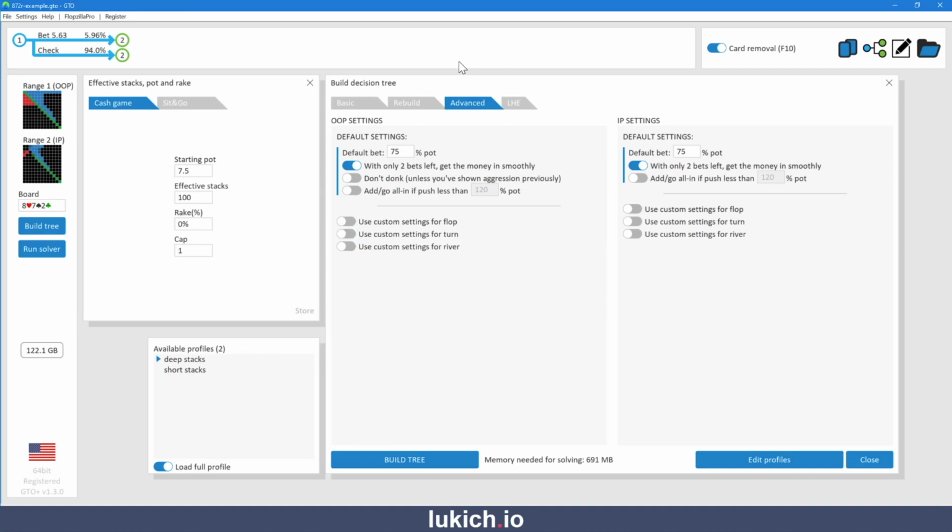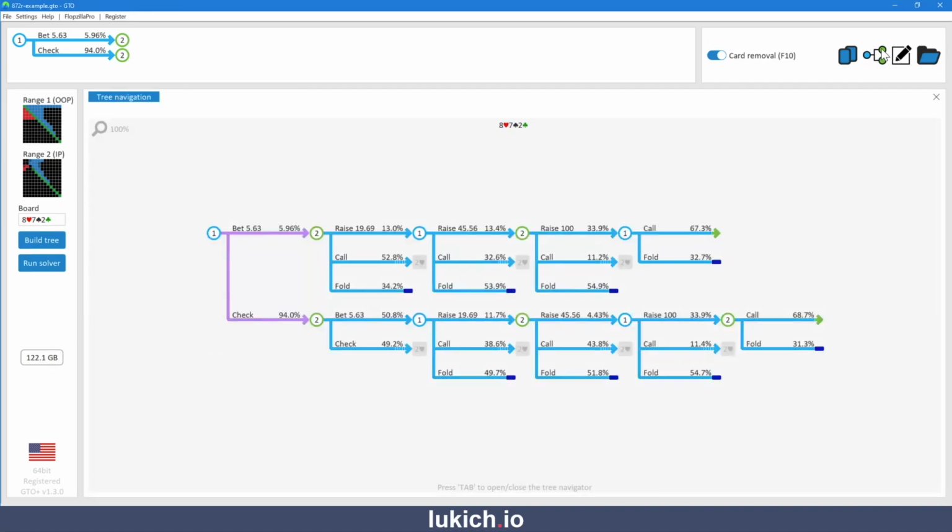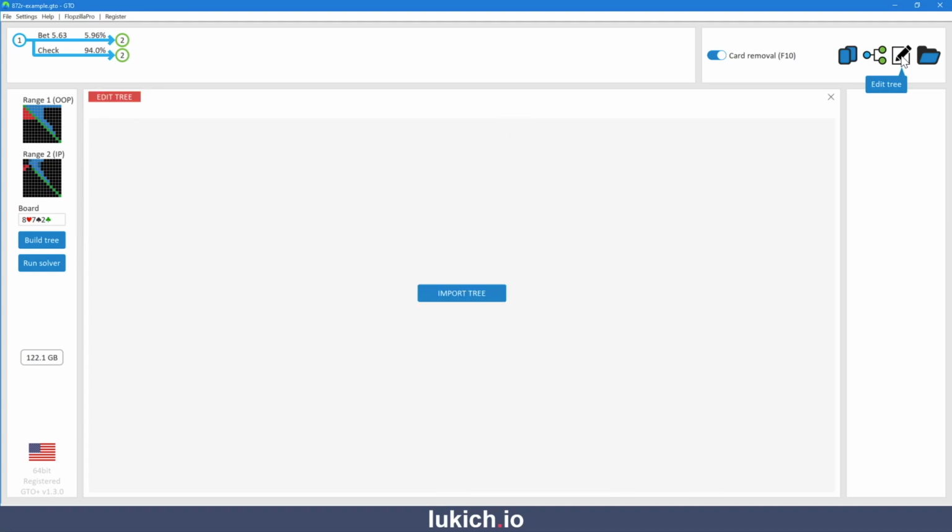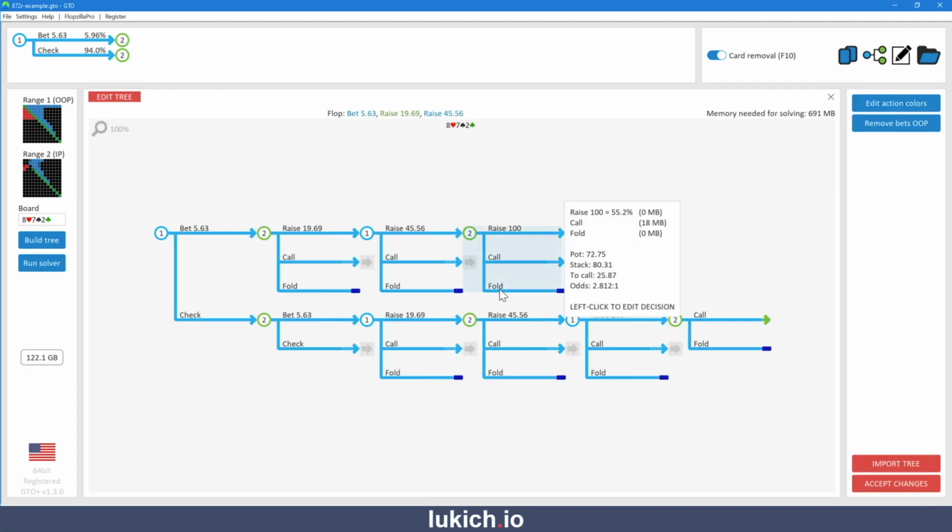But we can also edit the tree when it's already built using the tree editor. We can do that by opening our tree editor, which is up here. And actually, sorry, that's a navigation of the tree. We can open the tree editor, which is right here. By clicking edit tree, we're going to first import our tree, and that imports what our current tree looks like. So let's take a look at the tree